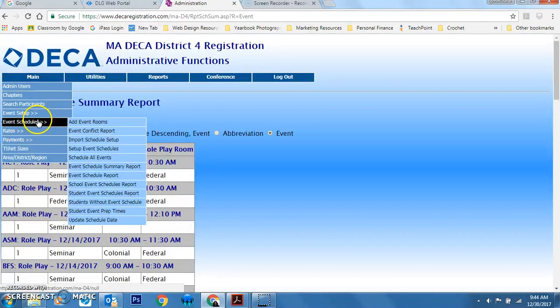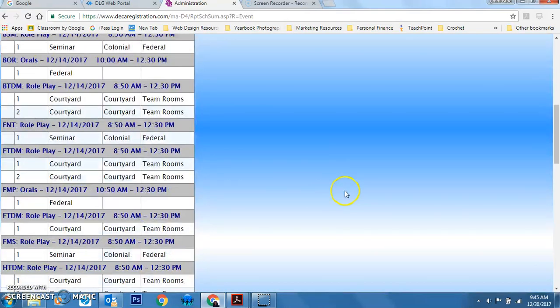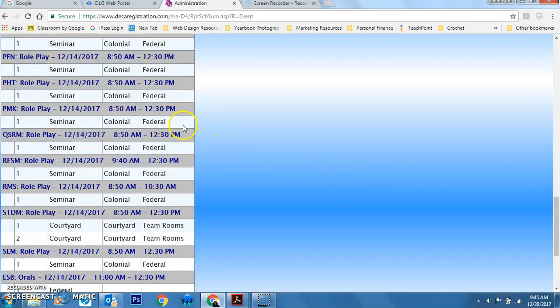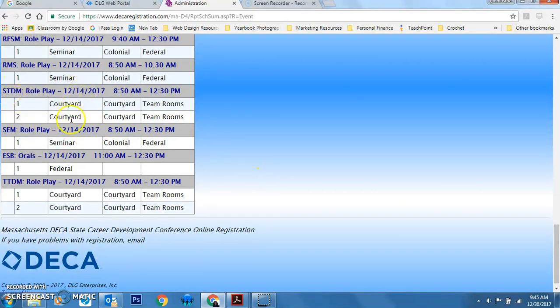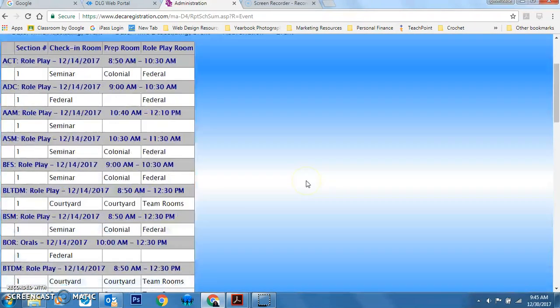Now, there's a bunch of different reports that you can look at before you give teachers access to what's going on with this. This particular one is your event summary report. And when you come in here, you can sort by specific parameters. This one is by event. So this is a really good opportunity to be like, oh, PMK really should have more judges or whatever. Let me go in and modify that. Or, oh no, they're not really in the courtyard. They're somewhere else. So it's just a quick system of checks and balances to look at this before you finalize